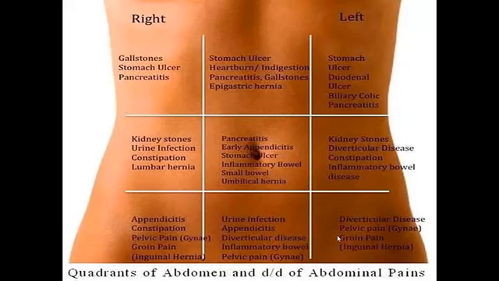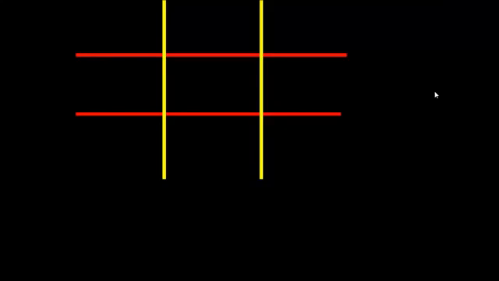In this area, we're also going to have diverticular diseases, pelvic pain, and Crohn's pain. Now, I know that all these diseases that I already mentioned and the pain reasons and everything might seem a bit confusing and might be a bit hard to learn, even if you actually know the anatomical position of every single structure. Sometimes the pain might be referred to other pain. Therefore, I concluded a very easy way to learn the different differential diagnosis of the abdominal pain